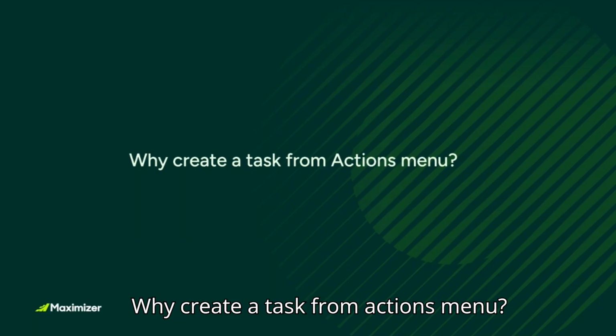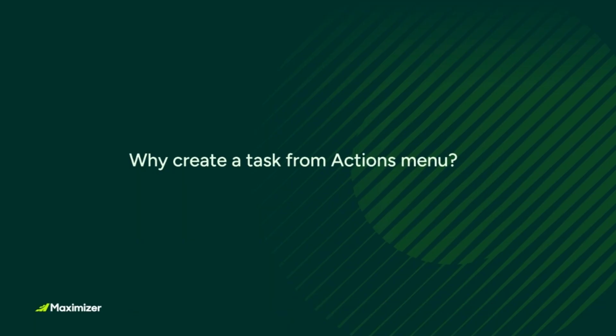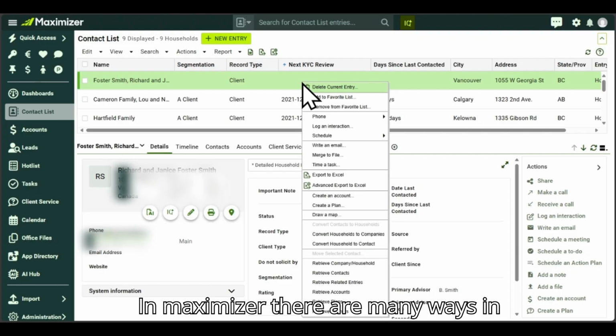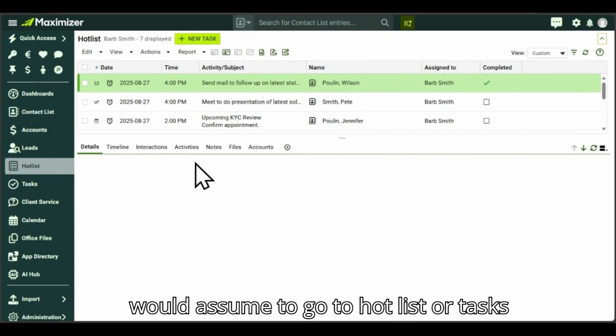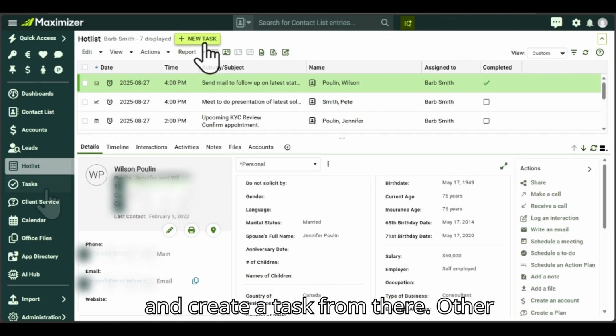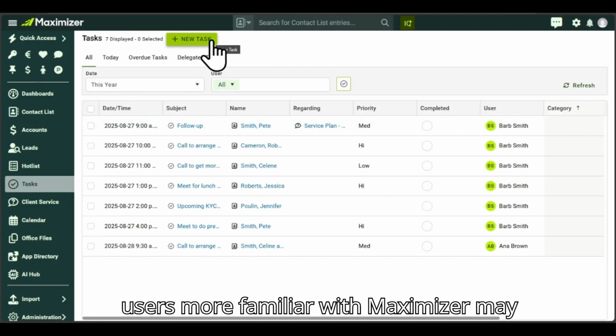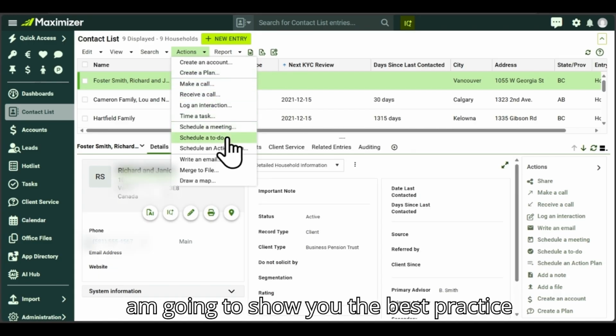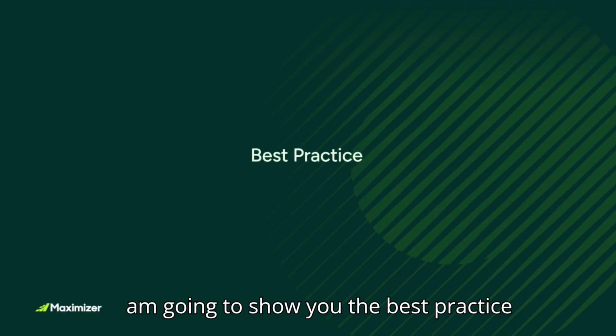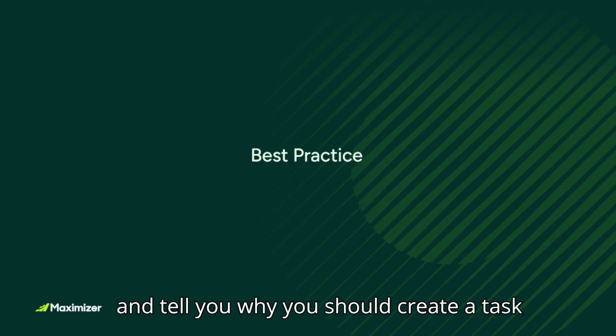Why create a task from Actions menu? In Maximizer, there are many ways and places to create a task. Most people would assume to go to Hotlist or Tasks and create a task from there. Other users more familiar with Maximizer may have found other ways to create a task. I am going to show you the best practice and tell you why you should create a task from the